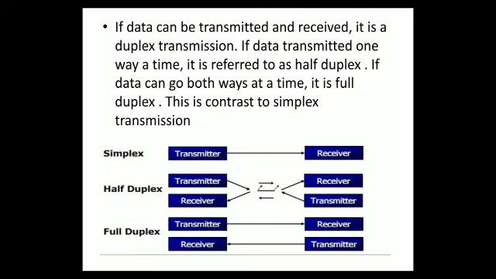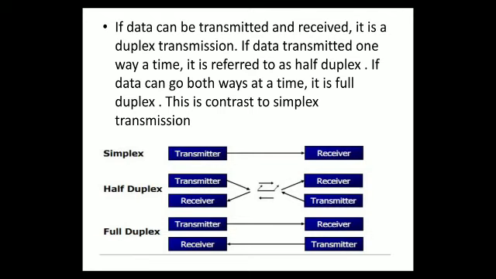Half duplex. Okay, now we can see the diagram. At one side you have a transmitter and receiver both, and the other side also has a transmitter and receiver both, but the only problem is that there is only one channel. The meaning is that if the left hand part acts as a transmitter, the right hand part can act only as a receiver. And similarly, if the right hand part acts as a transmitter, the left hand part will act as a receiver. Both have to receive or transmit the data on a common channel.